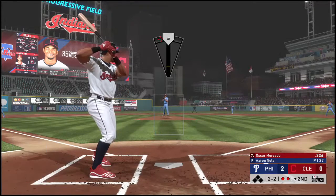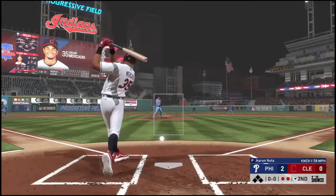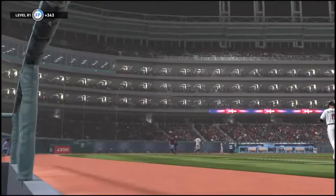North-south. Elevate that high fastball and bury stuff in the dirt. Completely different from the east-west. A swing and a miss. That retires the side, and that will...